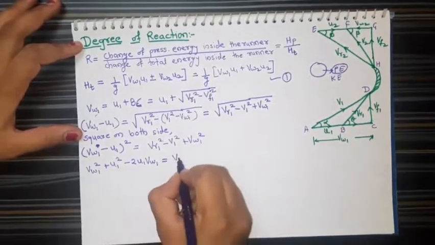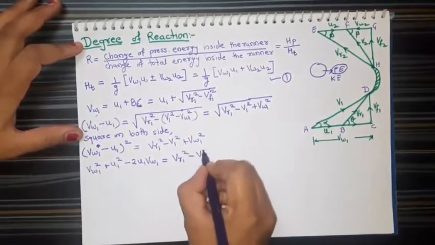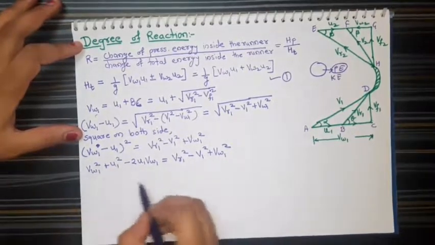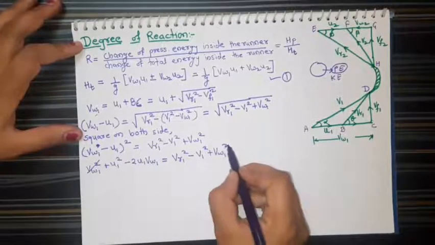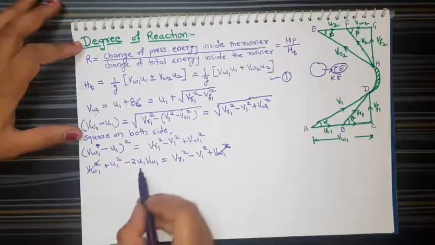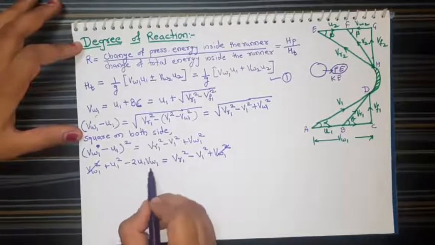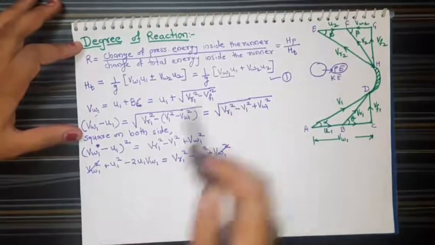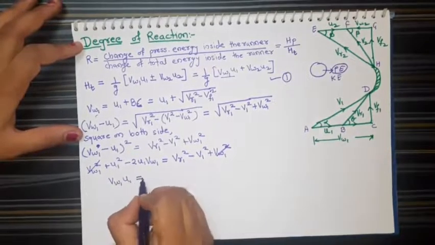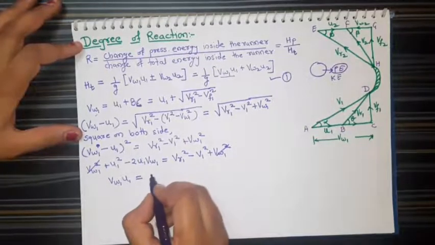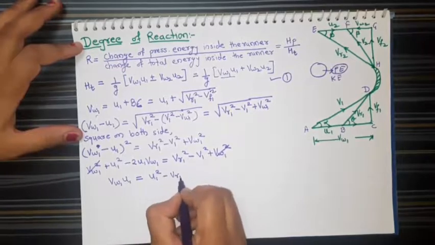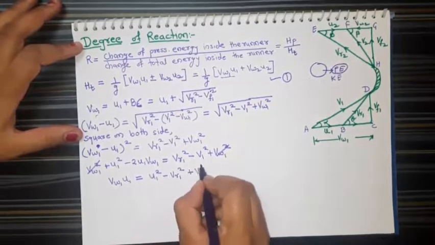This will be equal to VR1 square minus V1 square plus VW1 square. This VW1 square and VW1 square will get cancelled, and if we rearrange the equation for VW1 U1, then we will get VW1 U1 equal to U1 square minus VR1 square plus V1 square